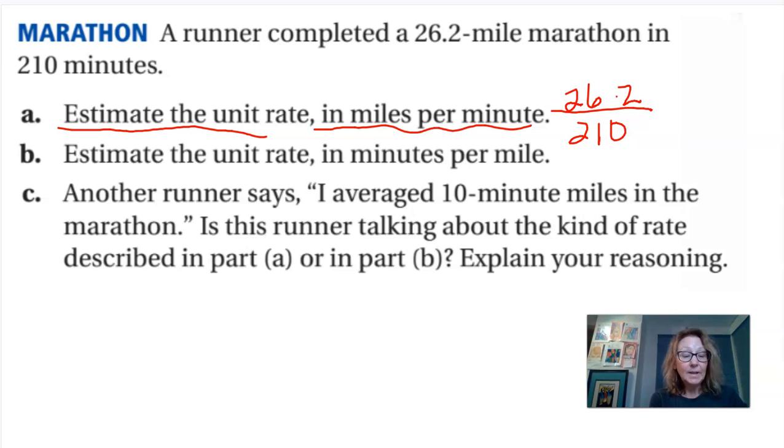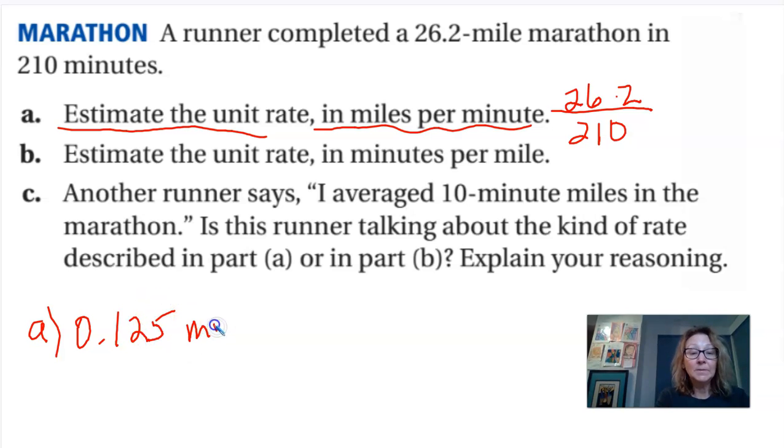And so when I take a calculator and I do 26.2 divided by 210, I get that this person, the unit rate of, let's see, I'm going to do this down here. A is 0.125 miles